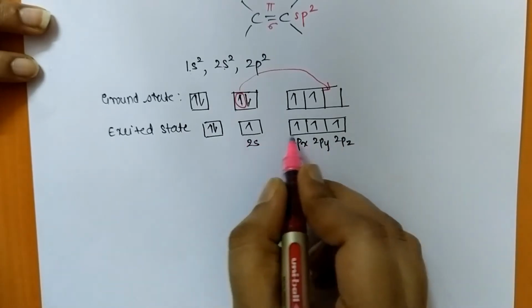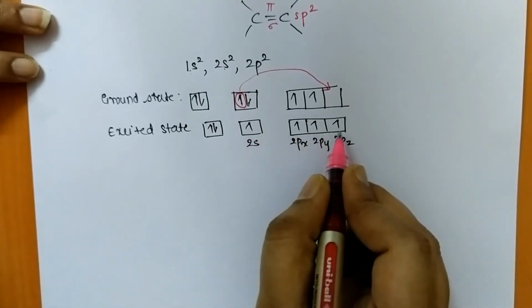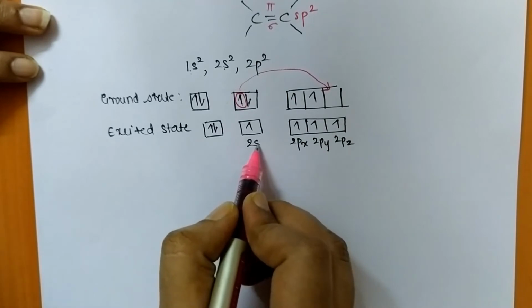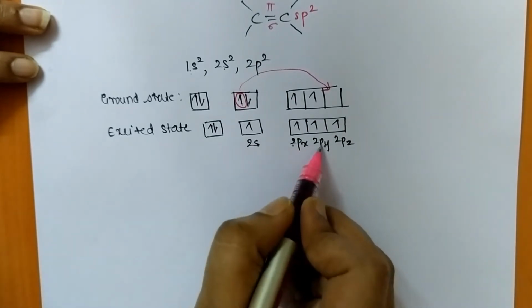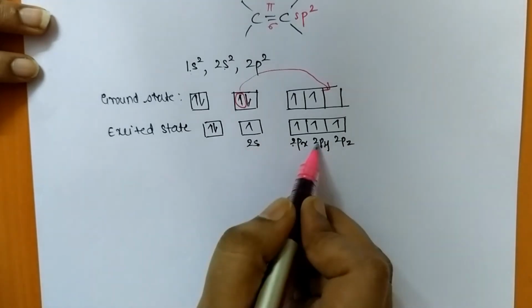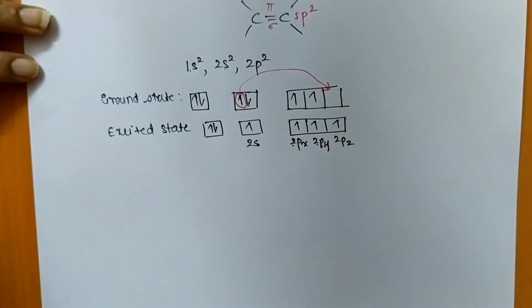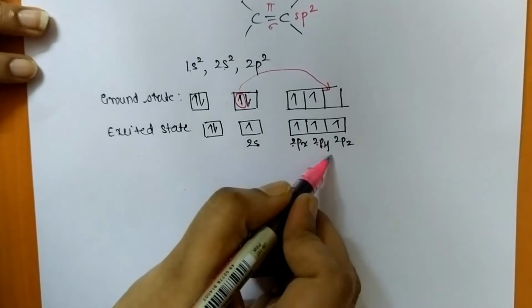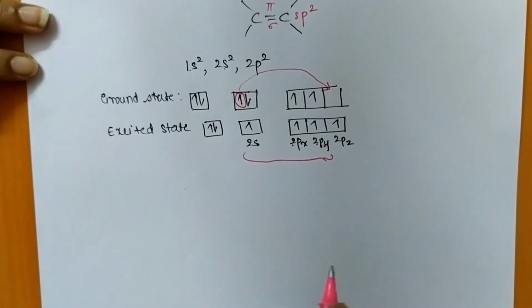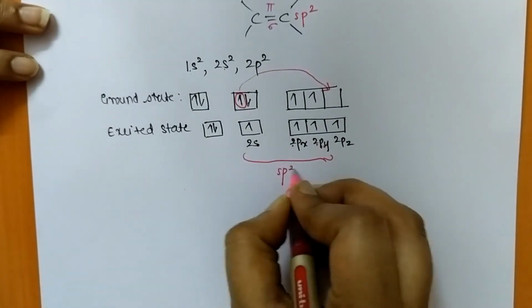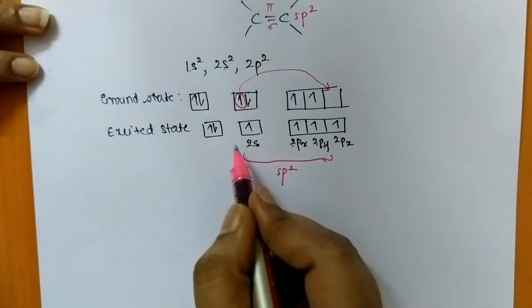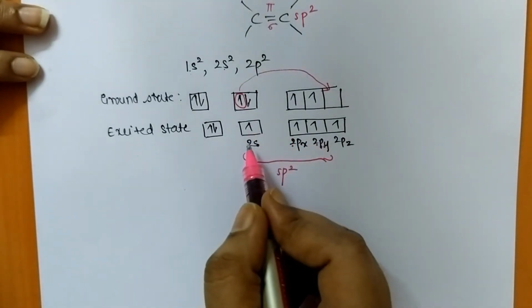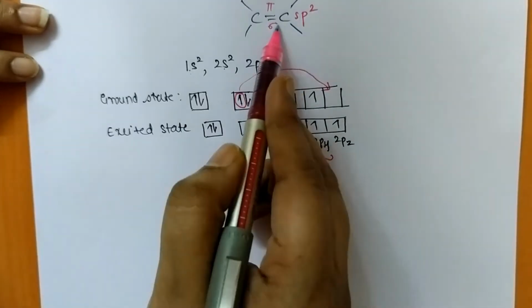Out of all these 4 orbitals, the s orbital and the 2px and 2py orbitals are the hybridized orbitals. When we take these orbitals together, the carbon atom becomes sp2 hybridized, because these orbitals come together which ultimately leads to the formation of the sigma bond,